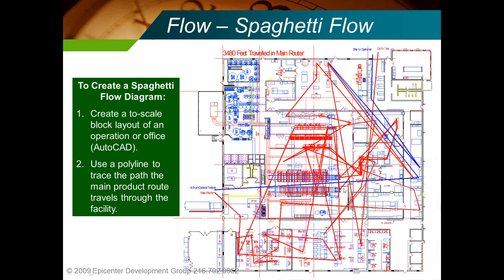Here's another flow diagram. This was for a company called Proto Circuits, and they were doing circuit board manufacturing, and you can see just a tremendous amount of back and forth flow. In this example, there was one piece of equipment here. You see a lot of things have to travel across the facility to go to it. And after reviewing this with their team,